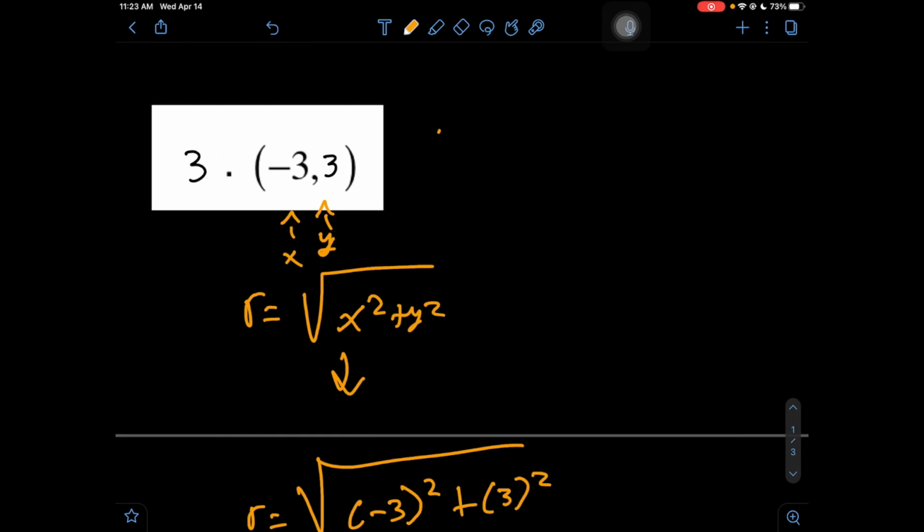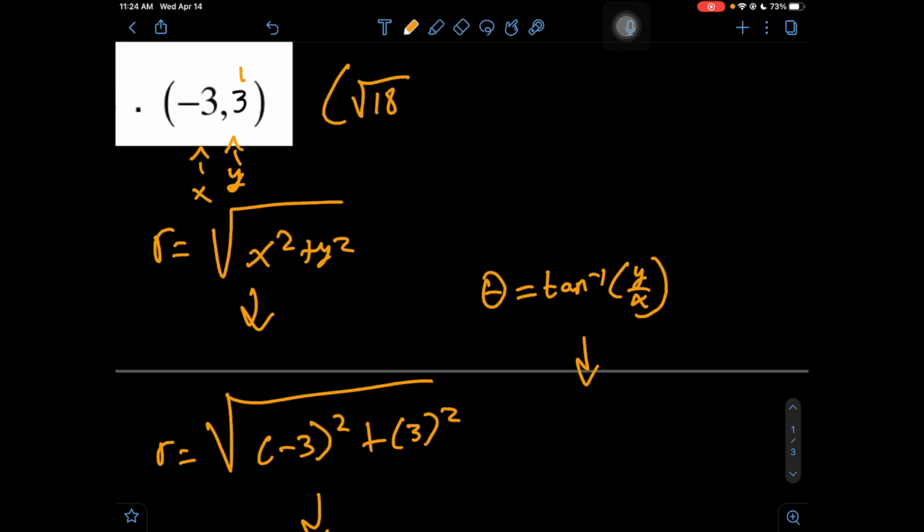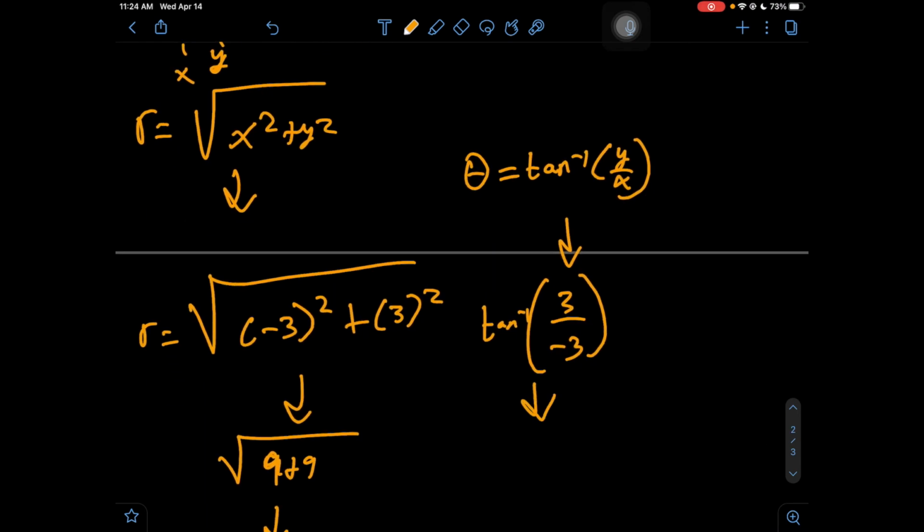R is our x value. So we have the square root of 18. Now let's go ahead and solve for our y value. We said theta, also known as our y value, is going to equal tan inverse of y over x. Well, we know our y value is 3, so we have 3 over our x value of -3. We take the tan inverse of this, and we get theta equals